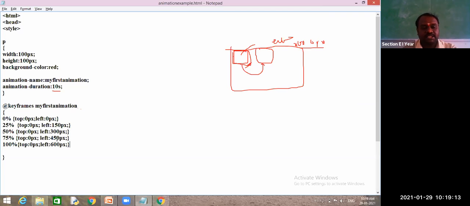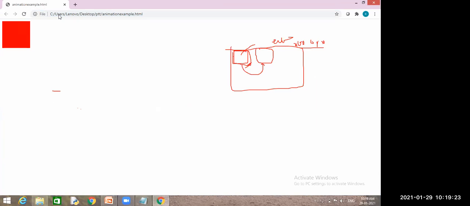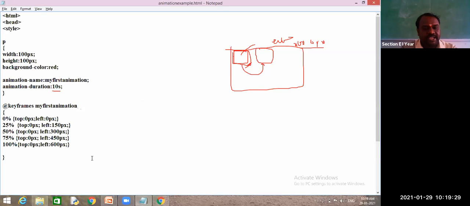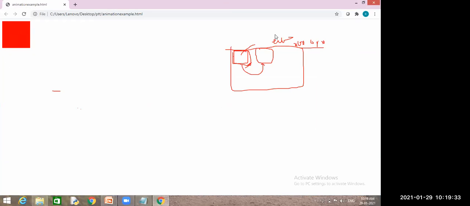Let us check whether it will apply or not. Tell me the reason why it is not applied. Is it applied? No, sir. Why? Because by default, what is the position of the element?